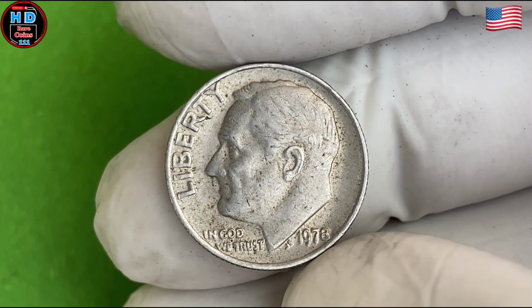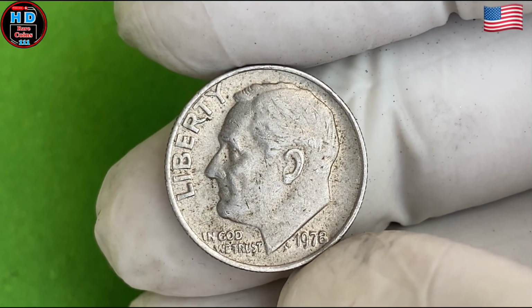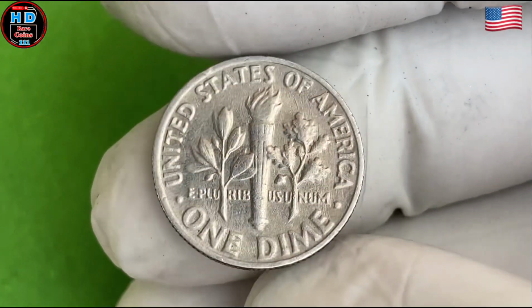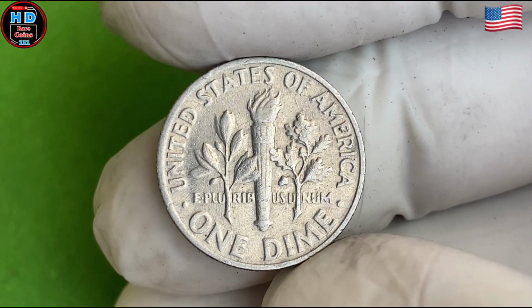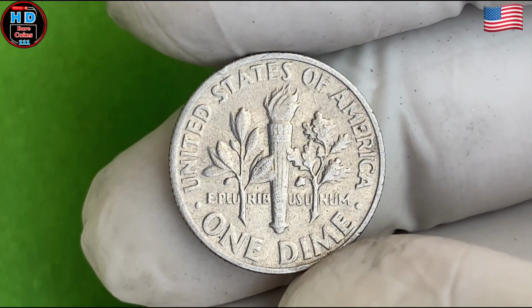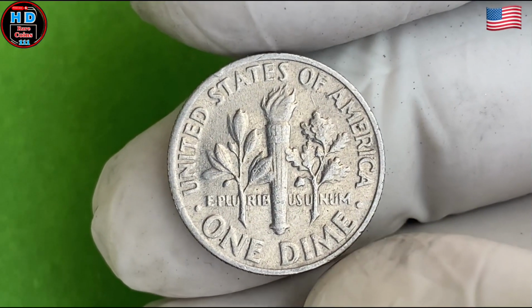Coins that show little to no wear and have sharp, clear details are much rarer than those that have been circulated, and as such, they can sell for much more than their face value. If you have a 1973 dime that has been carefully preserved, it's worth taking it to a professional grader to get a sense of how much it could potentially be worth. Beyond the condition of the coin,